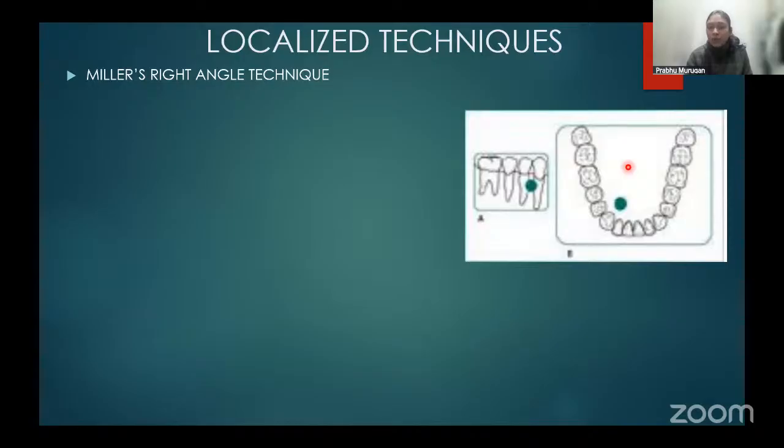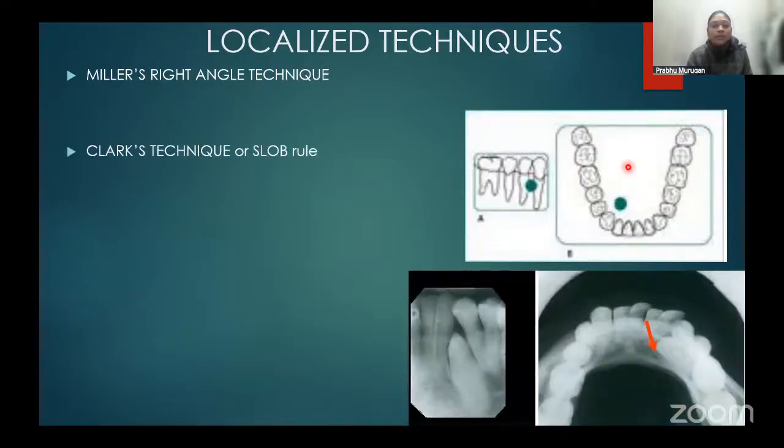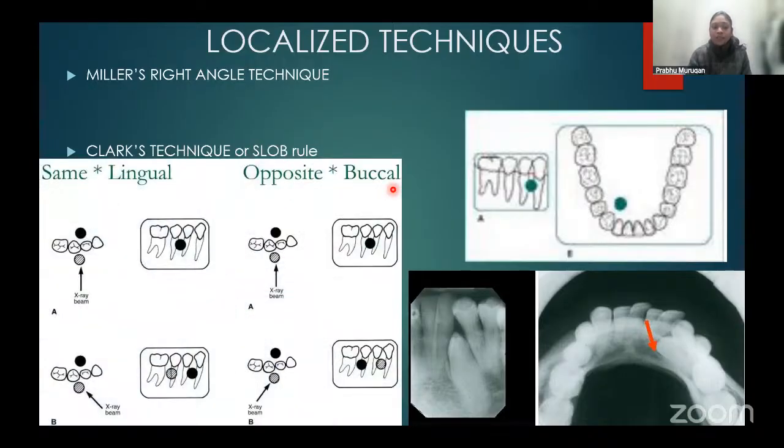This is one localization technique, and the second one is your Clark's technique, or your SLOB rule. That is very familiar to you, right? In the SLOB rule, both the X-rays are going to be IOPA only. The difference comes in changing the position of the extended arm of your X-ray. In Clark's technique, first we take an IOPA. In the first IOPA, we locate where the object is present, and then we move the